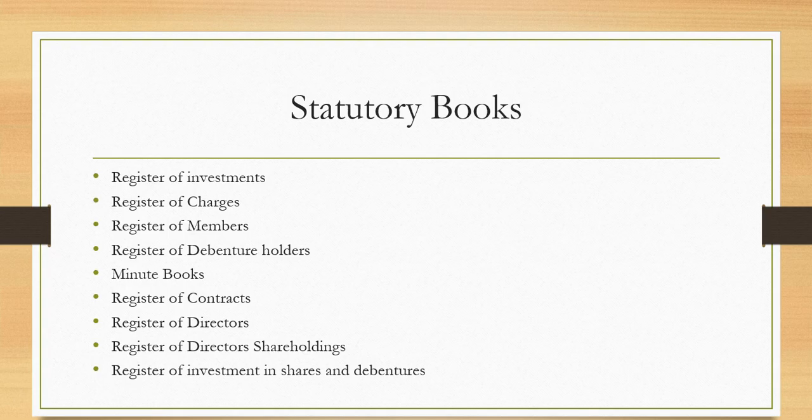Statutory books which have to be mandatorily maintained in companies are Register of Investment, Register of Charges, Register of Members, Register of Debenture Holders, Minutes Book, Register of Contracts, Register of Directors, Register of Director Shareholdings, Register of Investment in Stock